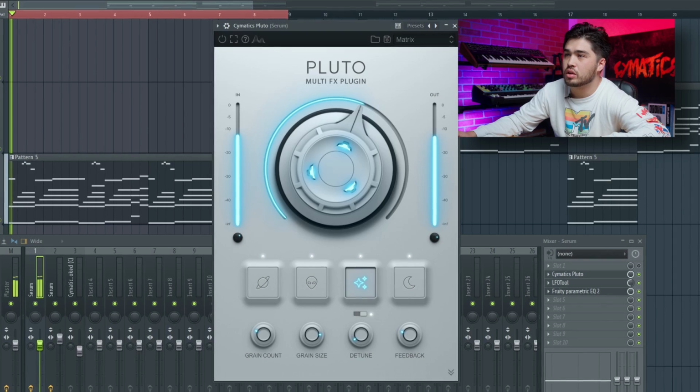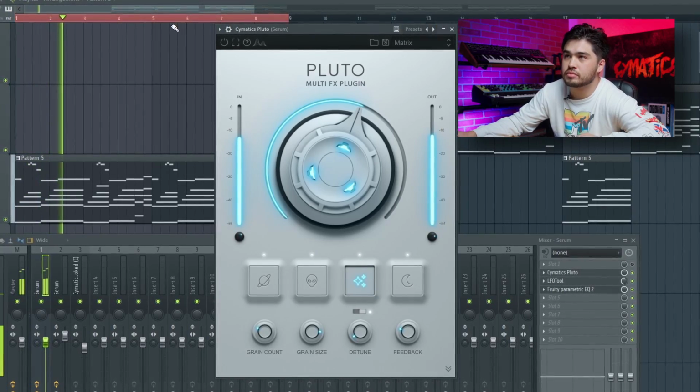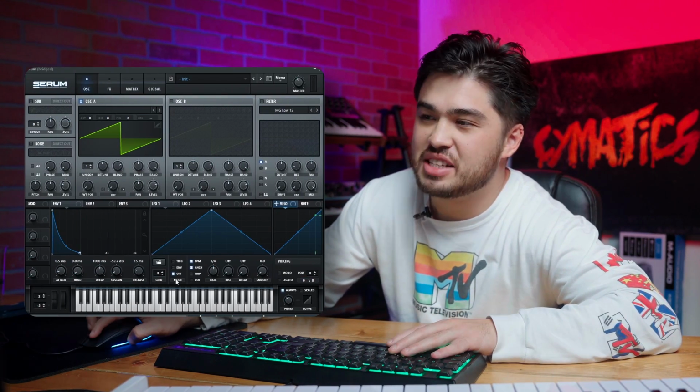Now let me run it in. As you can see, by adding in a piano with the same effects chain, you can actually create a lot more extra variations. One extra thing I did in Serum to really spice it up, it's a similar preset, but